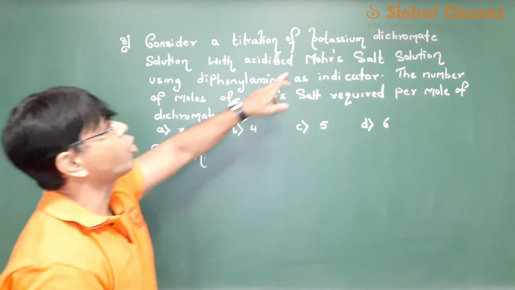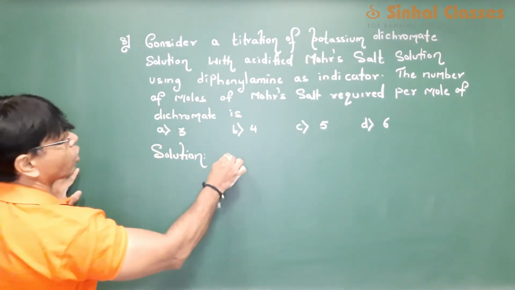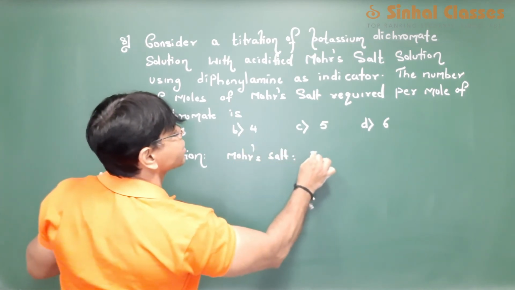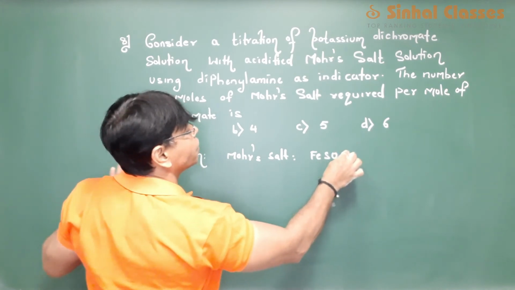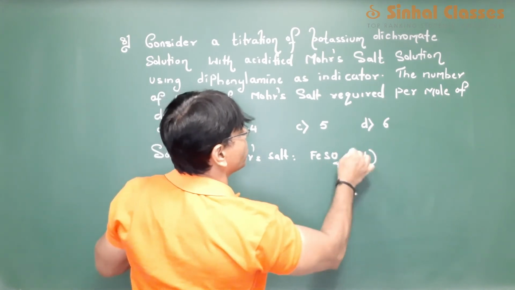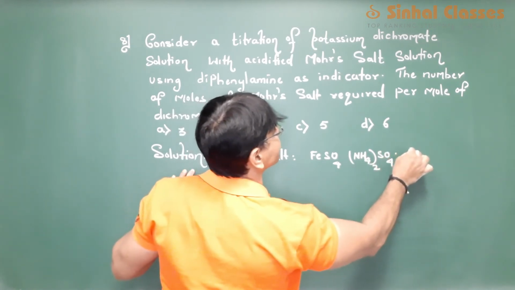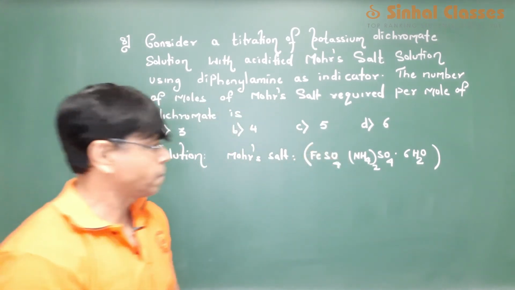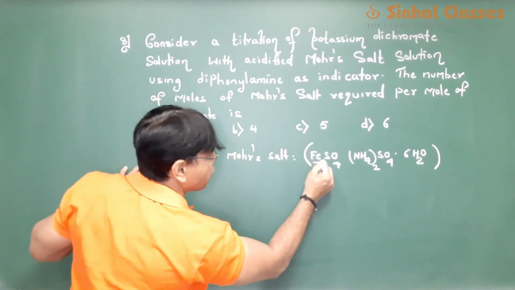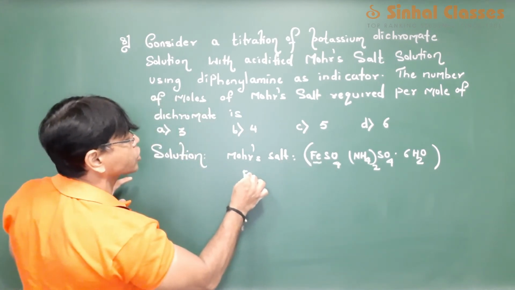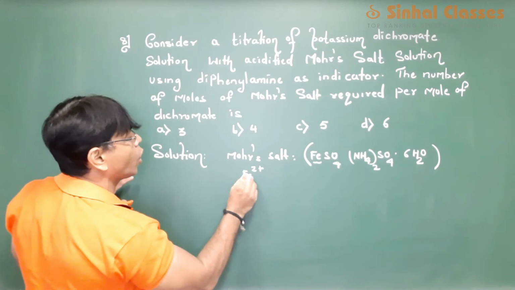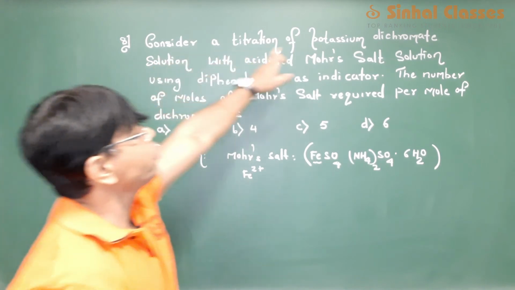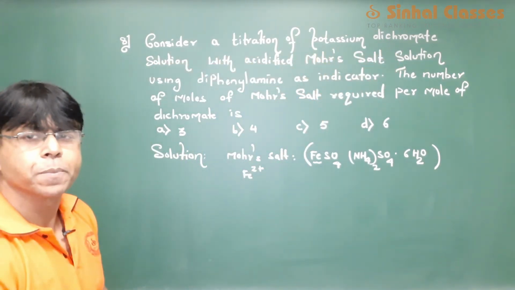See, first of all, what is Mohr's salt? Mohr's salt is ferrous ammonium sulfate with 6 water molecules. This is your Mohr's salt. In this, Fe is in the +2 oxidation state. Okay. So they are asking you, if I am going to take potassium dichromate and titrate it against Mohr's salt,